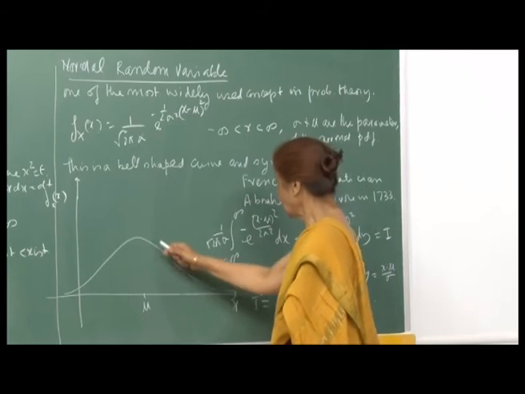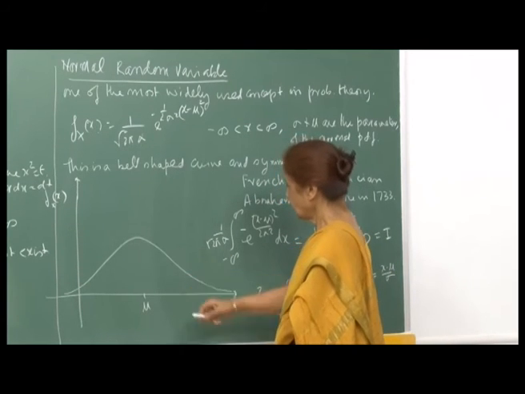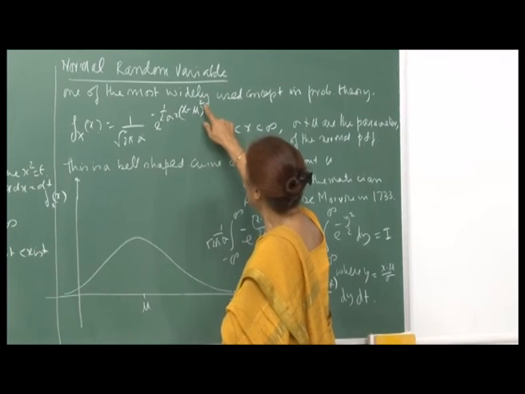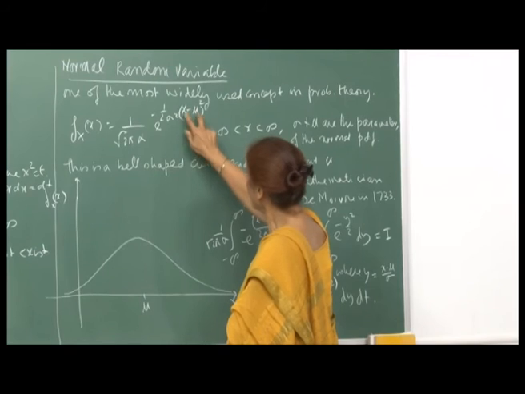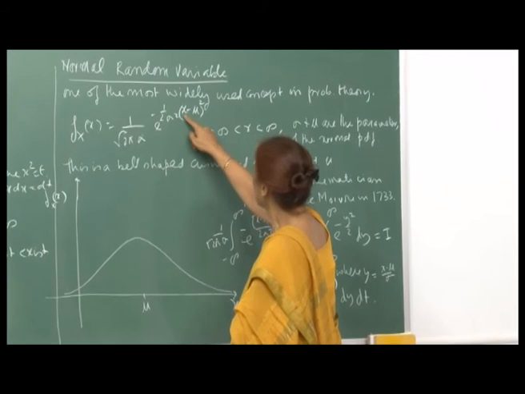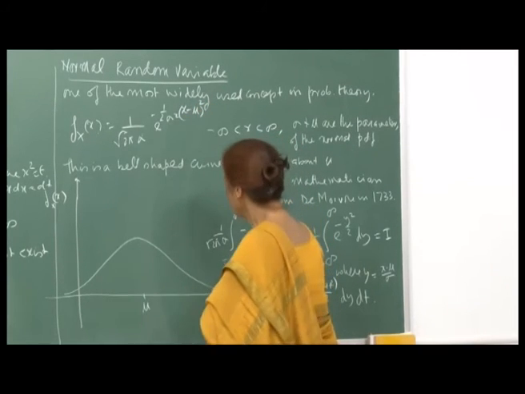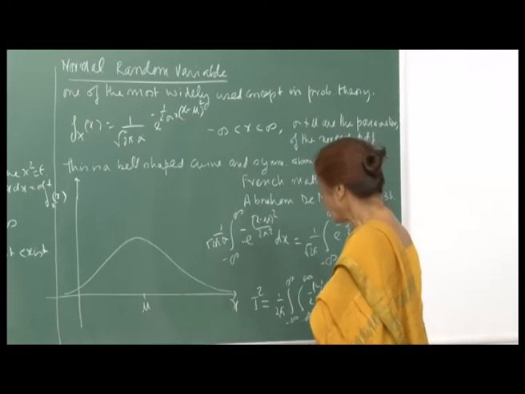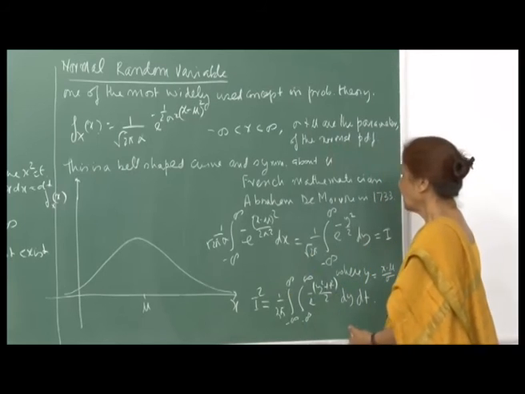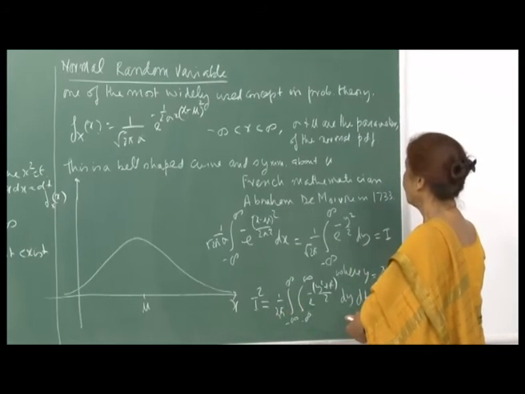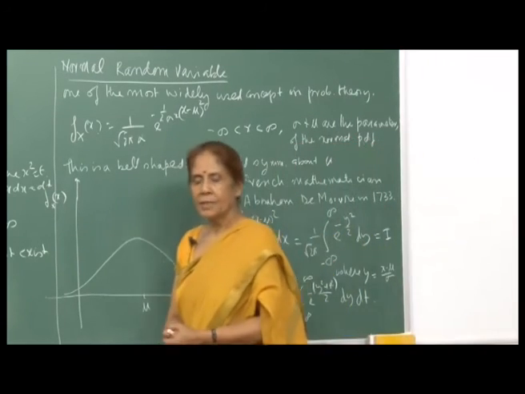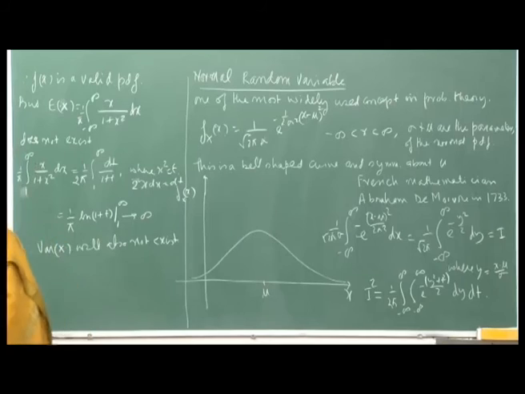This is a bell shaped curve, and it is symmetric about mu, which you can see from here, because of (x minus mu) whole square. On either side of mu, the sign will not matter, and therefore this is symmetric about the value x equal to mu. This distribution was defined by the French mathematician Abraham de Moivre in 1733, and can you believe that he was not a very